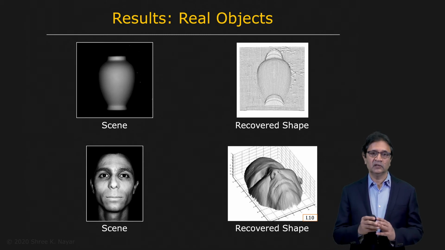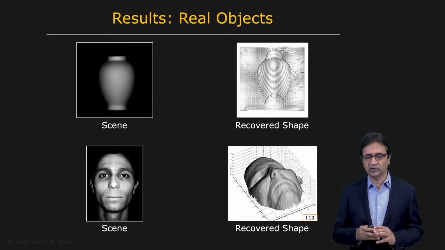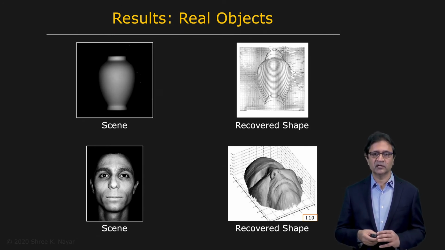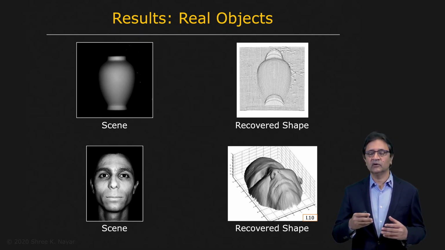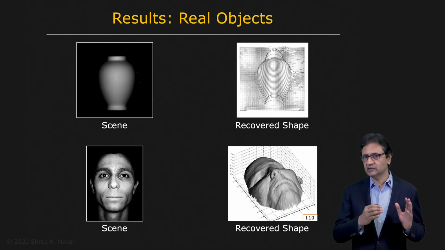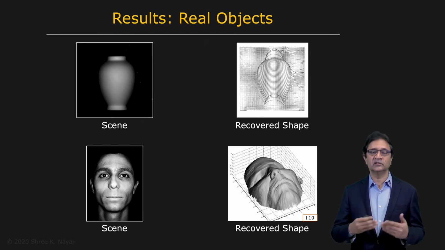So, shape from shading is a fundamentally hard problem, and I would say that any result that you get that is fairly close to the actual shape of the object is impressive in this case because it's one of those very difficult recalcitrant problems, and the only reason we've been able to solve this is by using these assumptions which we've mapped to constraints and also using an iterative solution.